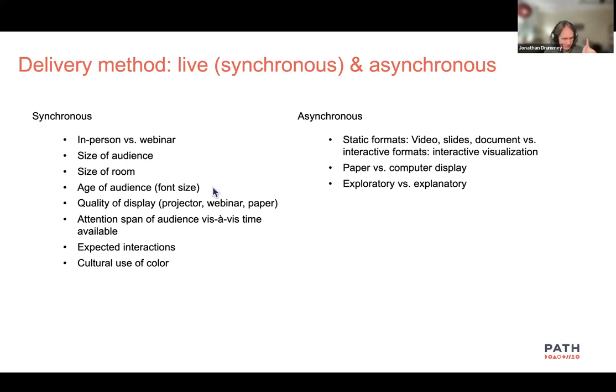The other one I'm going to mention that happens all the time is font size. When we're used to creating static displays for print or for somebody to read as a PDF, we can get away with really small font sizes. When we're presenting to an audience, we need to bump up our font size significantly. The smallest font size I'm using today is 18 point in everything here to make it visible. If I'm putting visualizations on a screen, I'll often bump it up to 16 or 18 points as a minimum, and I'll often go bigger, because it's horrible to have somebody trying to read the numbers and they can't read the numbers.